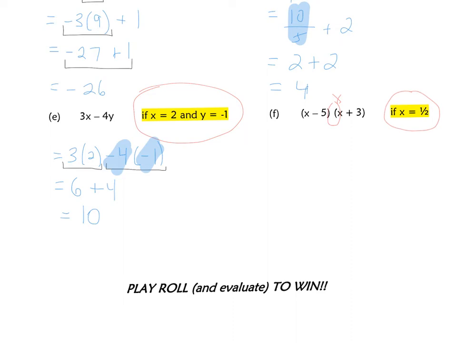Okay, so we have 1/2 minus 5 times by x plus 3, which is 1/2 plus 3. Okay, so you can see wherever the x is here, the x's are both replaced with the 1/2 because there's 2 of them. Okay, so going from there,